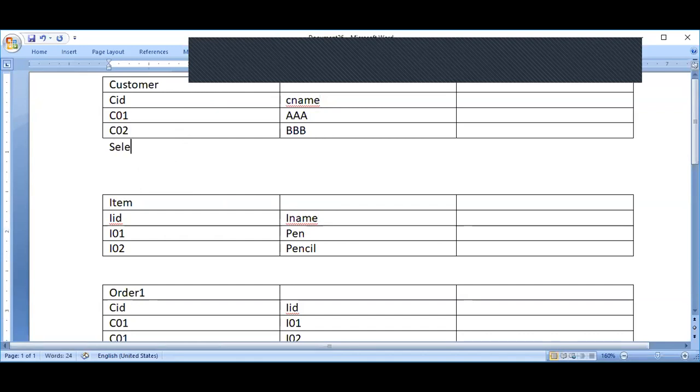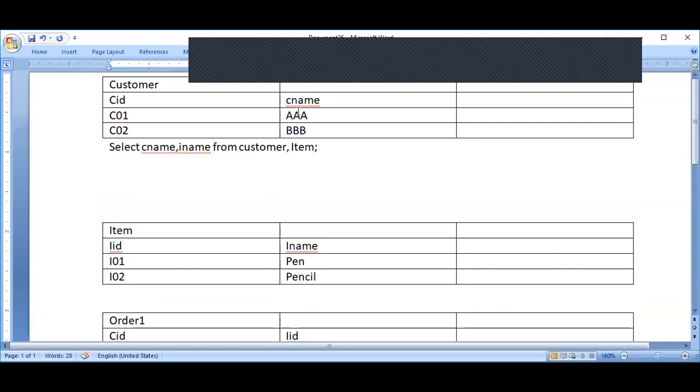Suppose I say select customer ID or customer name, comma, item name from customer, comma, item. If I take it like this, you know what my output is going to be? It will come like this: AAA pen, AAA pencil, BBB pen, BBB pencil.